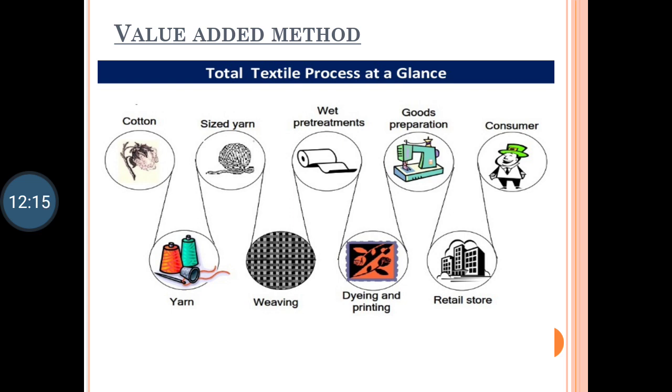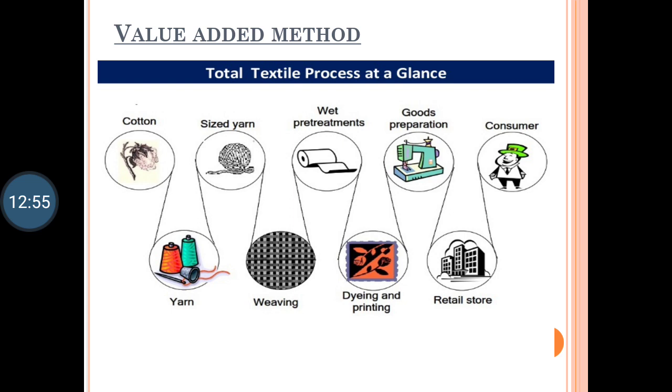Now from thread, the cloth is made, and from cloth the stitching charges, and then the shirt is made. So if at every stage we take into consideration the amount which was spent, and finally a shirt is ready. Again, we do not take that shirt's price into consideration, because then again it will become double counting. So at each stage, for example, 100 rupees cotton, 100 rupees thread, then 100 rupees weaving charges, then 200 rupees processing charge from cloth to a shirt. So that will come to 400 rupees.